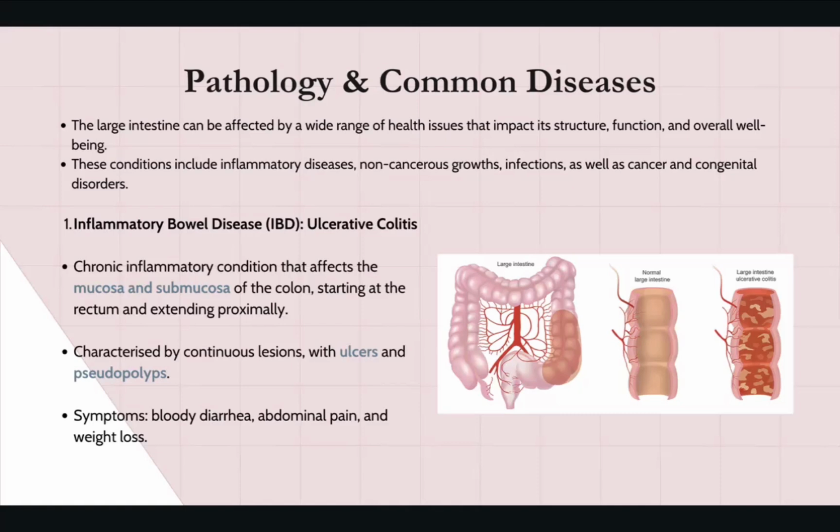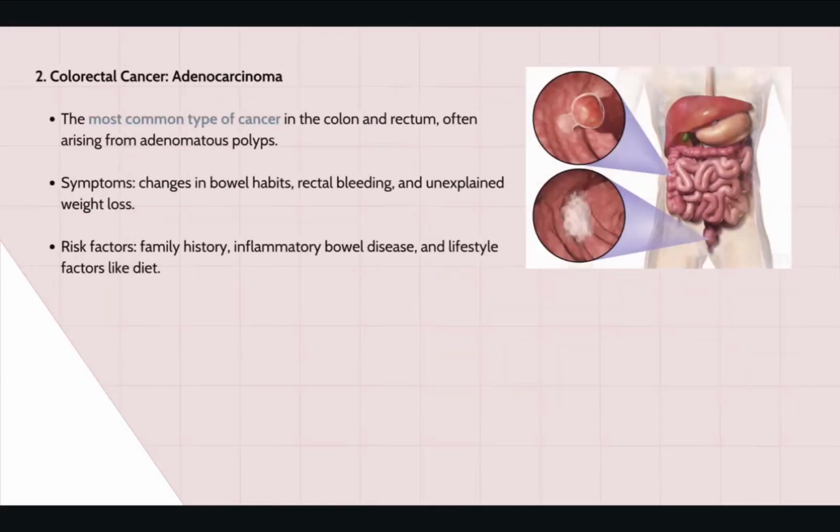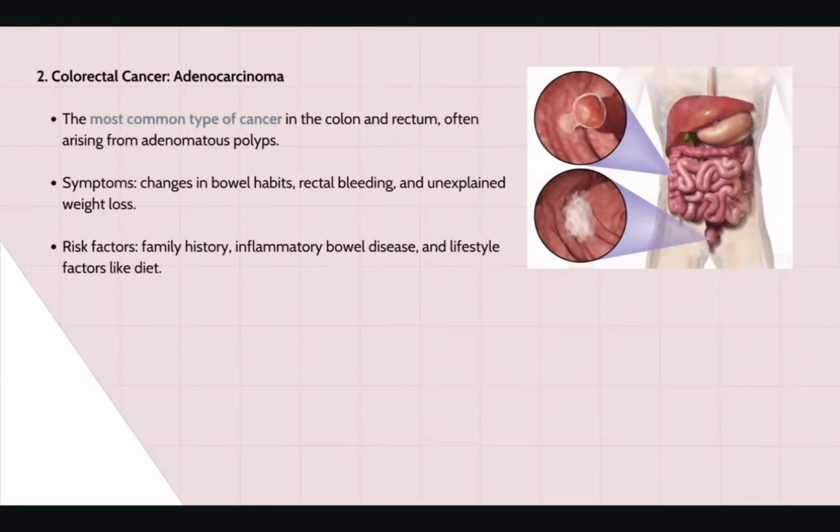It's a chronic inflammatory condition which affects the mucosa and submucosa of the colon, starting at the rectum and extending proximally. It's characterized by continuous lesions with ulcers and pseudopolyps, and the symptoms include bloody diarrhea, abdominal pain, and weight loss. The second one is adenocarcinoma, which falls under colorectal cancer, which is the most common type of cancer in